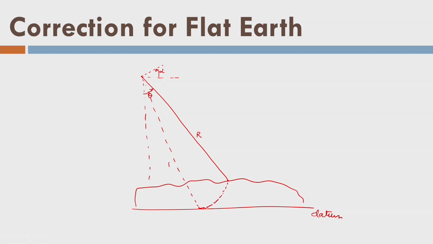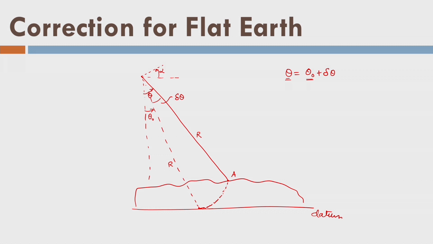So, this is also R, but this angle is theta 0. That means if this point A is situated on the datum, I could have got the angle theta 0. So, let us see the angle difference is delta theta. So, theta and theta 0 are look angles. Now, I can write theta is equal to theta 0 plus delta theta. So, theta 0 corresponds to the point which is on the datum, and delta theta is a variation, and theta corresponds to the look angle of point A on the real terrain surface.